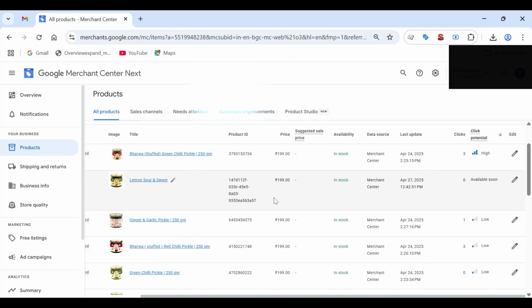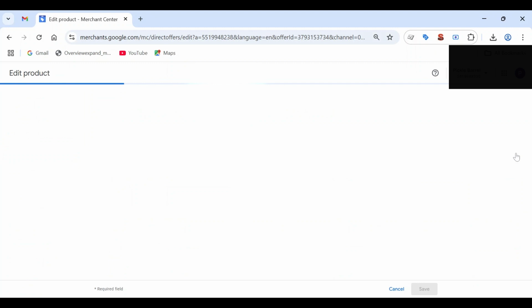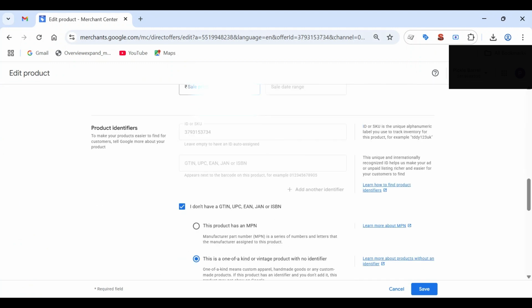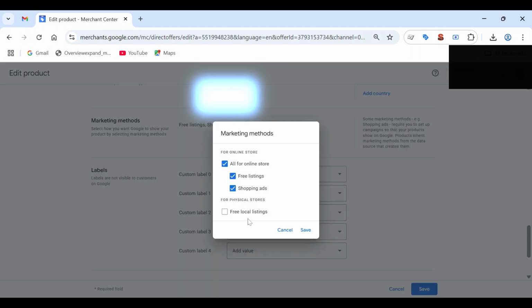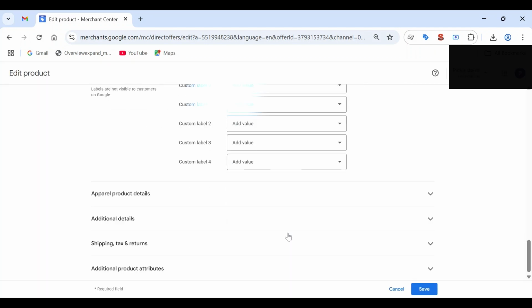And if you have this product in your physical store as well, then you will find this option to show your ads in the local store as well. Currently this physical store is not verified, so that is why I'm not getting this option to check. It is currently in review only, otherwise I would be able to check this as well. So here you can see the product is available for free listing, in shopping ads, and for the physical store as well, right?